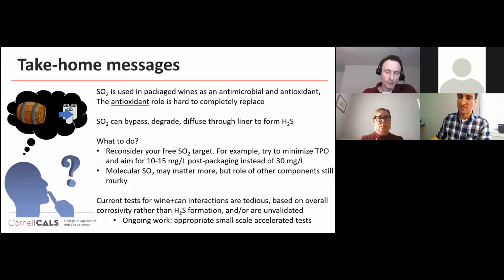Why are you doing that? Are you doing that because you've always done it that way? What I recommend doing, especially if you plan on selling this product within a year's time, and you're putting it into a can that is hermetically sealed, is to consider that the amount of oxygen that gets into a can post-canning is almost unmeasurably small,